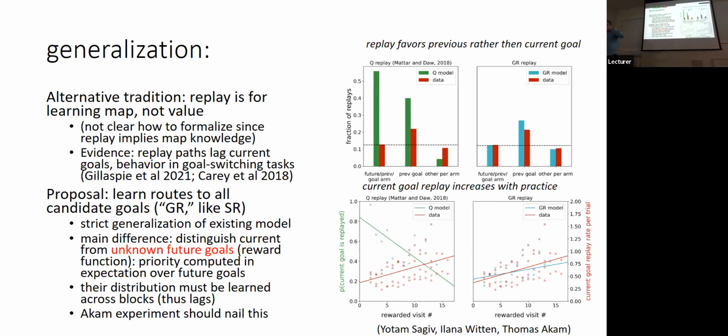And you can learn all these from replay, and this I think explains what it means to learn routes when you already know the map. It's the same thing about spreading value, but it's spreading sort of counterfactual value. And so in short,